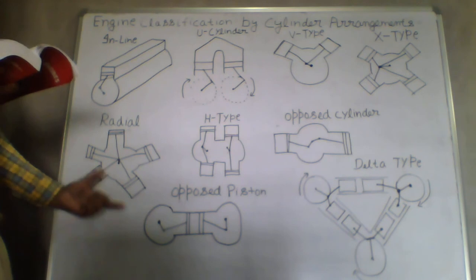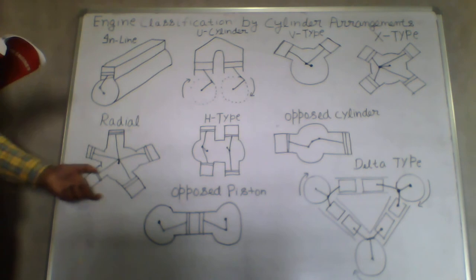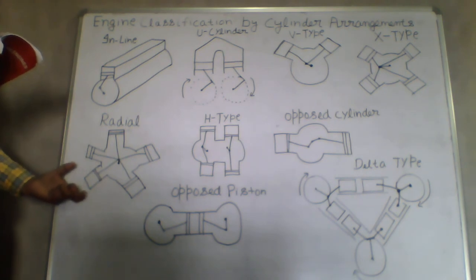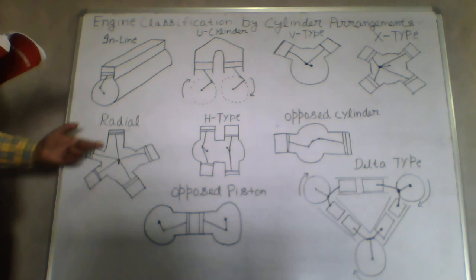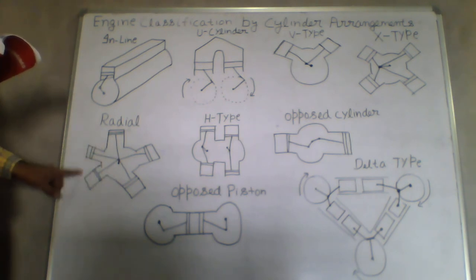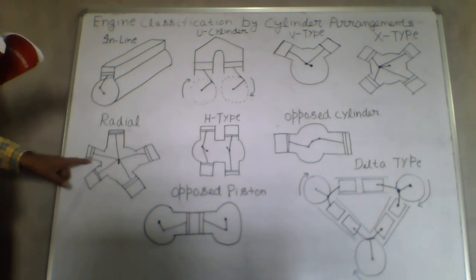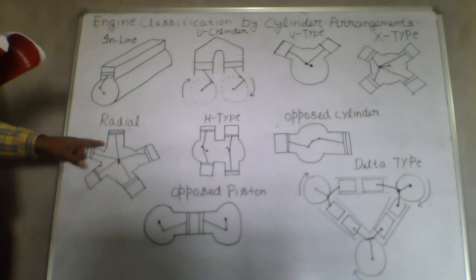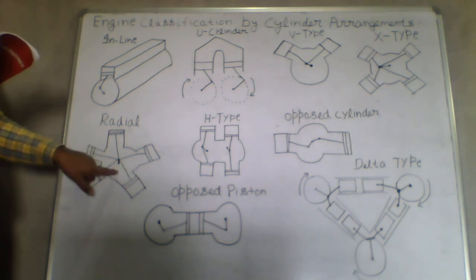The next is the radial engine. A radial engine is one where more than two cylinders in each row are equally spaced around the crankshaft. The radial arrangement of cylinders is most commonly used in conventional air-cooled aircraft engines where 3, 5, 7 or 9 cylinders may be used. As you can see, here 5 cylinders are arranged. The odd number of cylinders is employed from the point of view of balancing. Pistons of all cylinders are coupled to the same crankshaft. There is a single crankshaft.